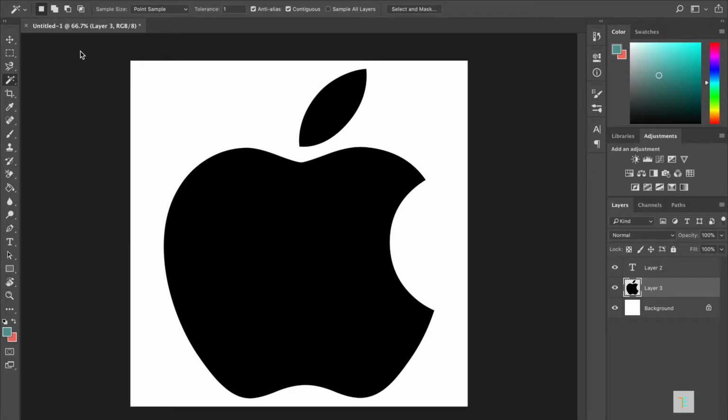Now we're going to be talking about the different types of selection tools within Photoshop, one being the magic wand tool and the other being the lasso tool. One would use the magic wand tool if they want to select a larger portion of an image. So in order to use the magic wand tool, first you would select a layer which contains the image which you want to select. In this case, that would be layer 3 because I want to select the apple's body